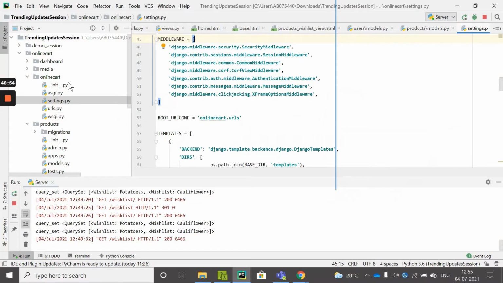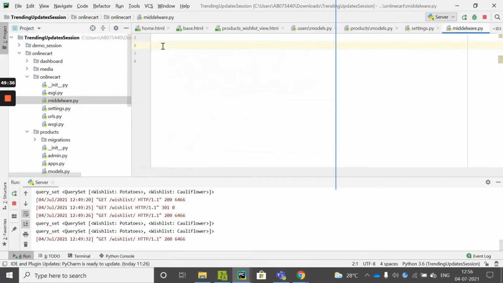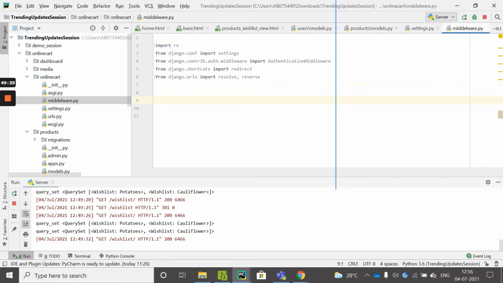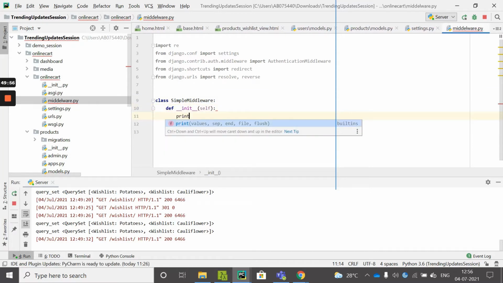So where do you write your middleware? I'll simply go into the online cart in my project directory. I'll create a new file called middleware. I'll put in the imports that are required for the creation of the middleware. I'll simply say class SimpleMiddleware, and you can say init self. I'll print in, just say pass.